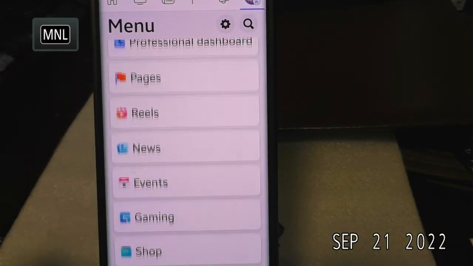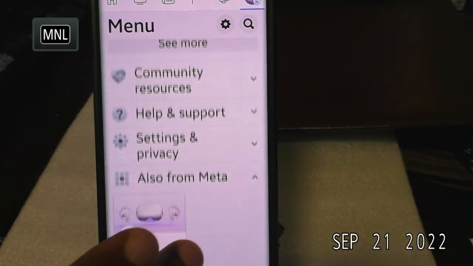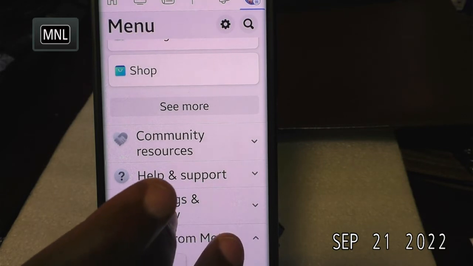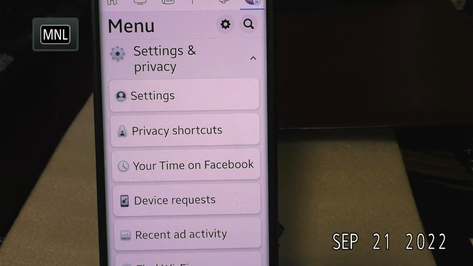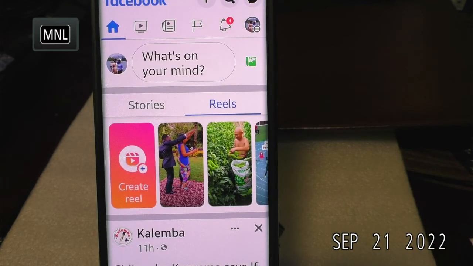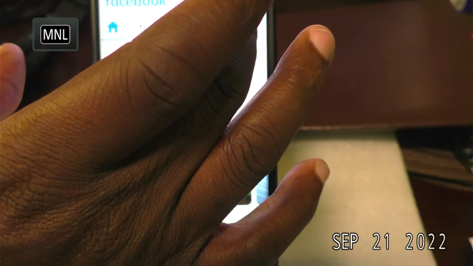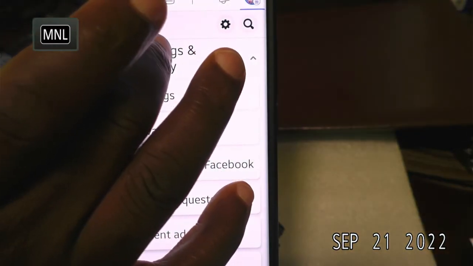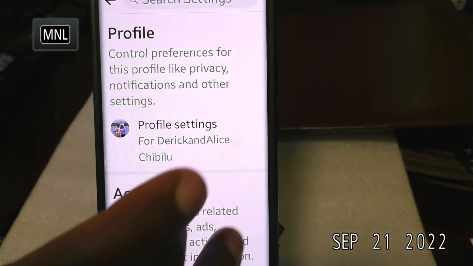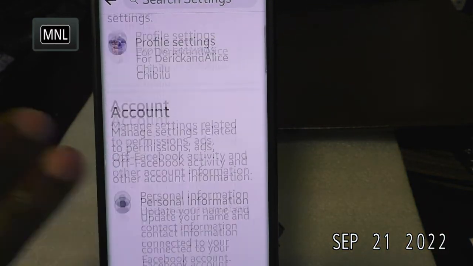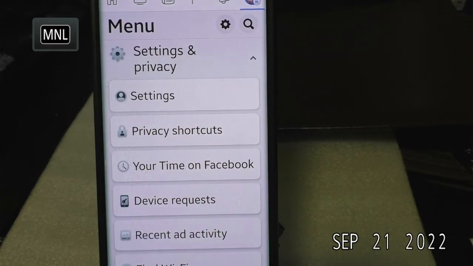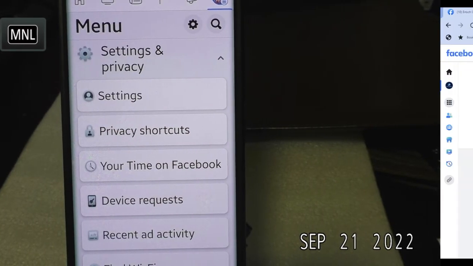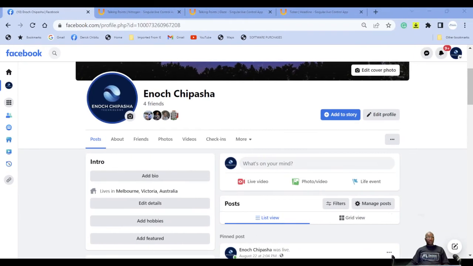You can scroll all the way to the bottom, where it brings you to settings and privacy, the same thing. So this is how you get to the settings on the phone. So let's go back to the Facebook.